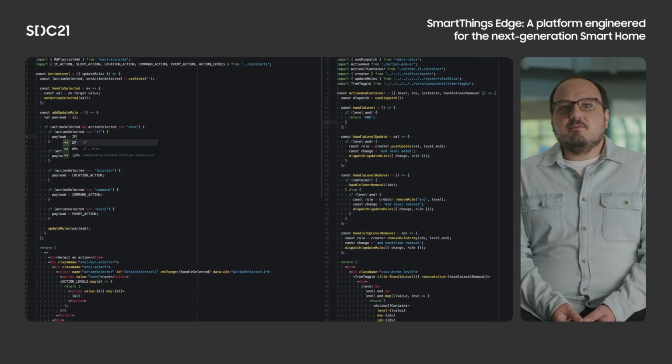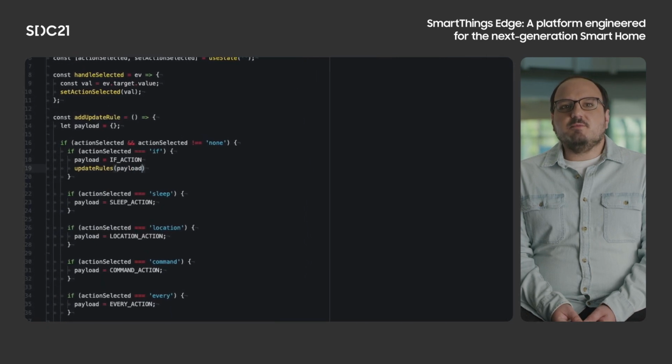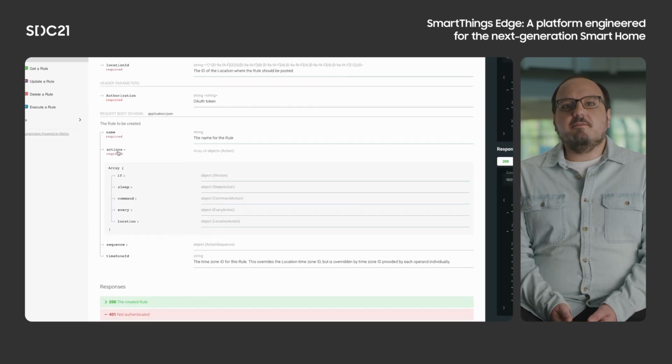Since the initial beta release of local rules, our team has released new automation features eligible for local executions for almost every firmware release. First, we released device-based rules, such as if a light is on, turn on another. Then, schedule-based rules, at 6 p.m., turn on a light. Then we followed up with sun-based rules, such as do something between sunrise and sunset. And most recently, we've released rules that function on location modes, such as if a button is pressed, set the